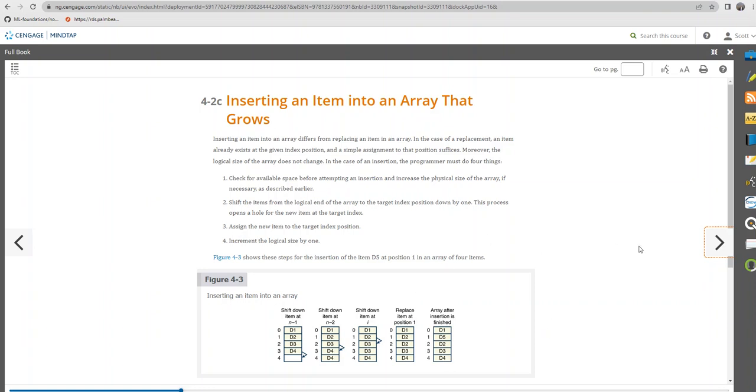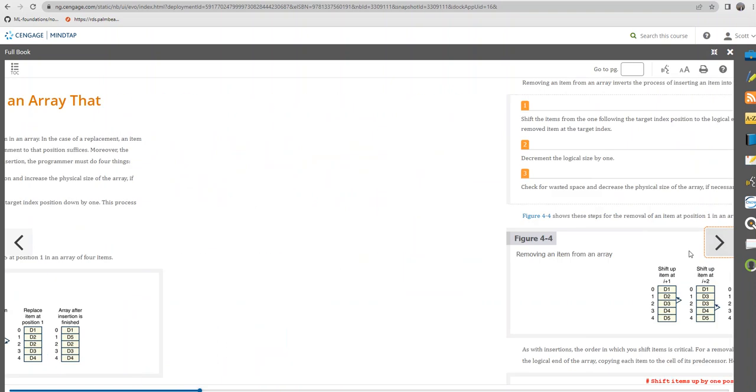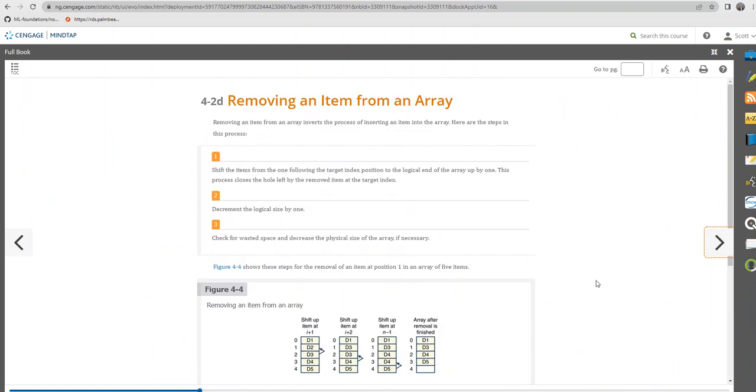So that's inserting. What about I want to delete an item in a list? Well, we go about it the opposite way. I say, you know what? I want to get rid of what's in index 1. So I want to get rid of what's in index 1. So, okay. Take what's in index 1 plus 1,